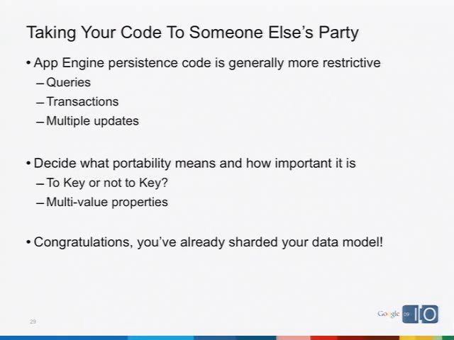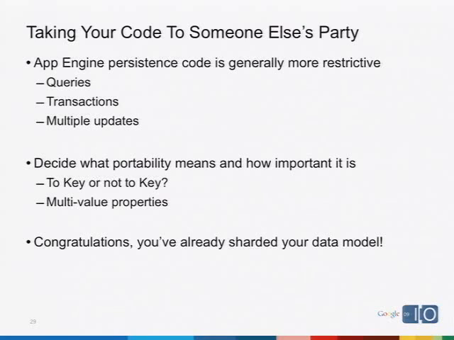And the environment you're probably porting to is a relational database. So when it comes to queries, the App Engine data store doesn't support joins. Relational databases typically support joins. It's more restrictive. You're using a subset of the query functionality of a relational database when you're building on the data store. Similarly for transactions, entity group transactions are more restrictive than global transactions.